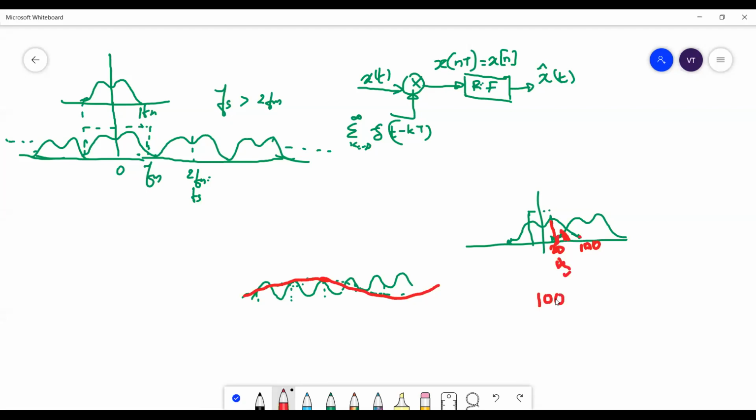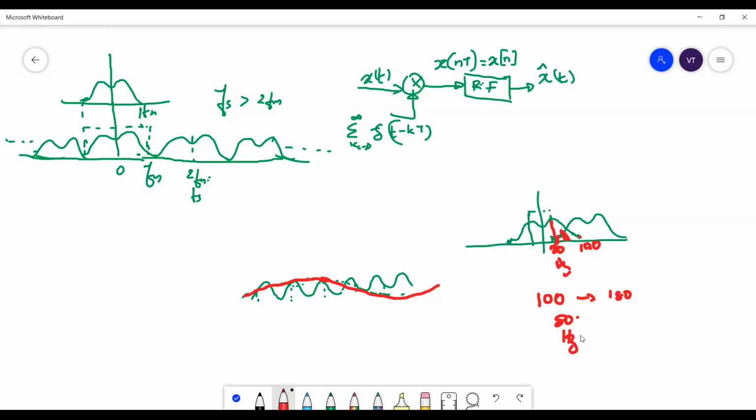Yeah. Okay. So we will use a numerical example here. If you have a 100 hertz signal, it should be sampled at least at above 200 hertz, right? As per the Nyquist criterion, it should be sampled at least at 200 hertz. Now instead, let us say that it is sampled at 180 hertz. Now you will see that this will have an alias at 80 hertz. That 100 hertz signal now will be recognized as an 80 hertz signal.